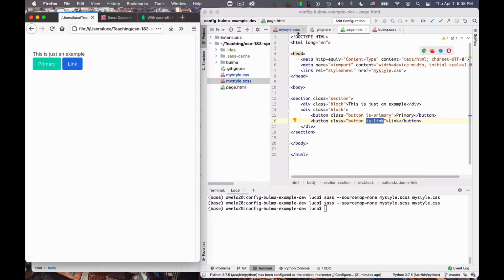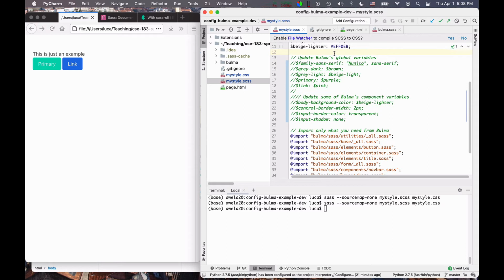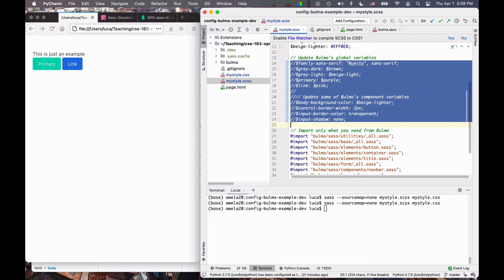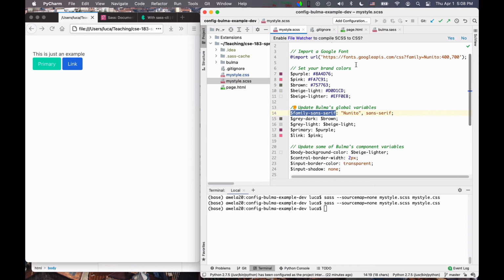But at this point I can go here and, for example, update Bulma's global variables. So I can uncomment these. And you see what I'm going to do is that Bulma has a very large set of global variables that define the styling. One of them is the family for the sans serif font, and I'm going to use Nunito, which is this Google font I imported.